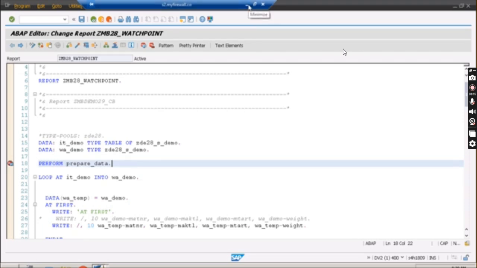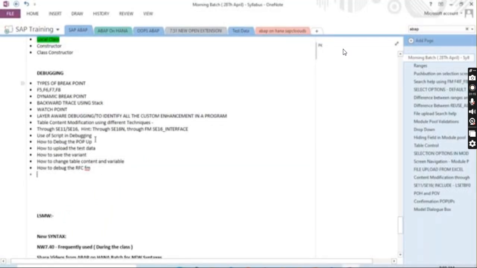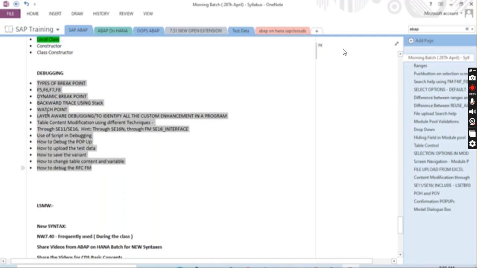There are many other things we have. I have just noted some particular stuff down. If there is some unique or specific topic you are concerned about, just let me know and I will include it in this debugging. This was not in my syllabus, but it is an important one, that's why we are covering it. It will help you.